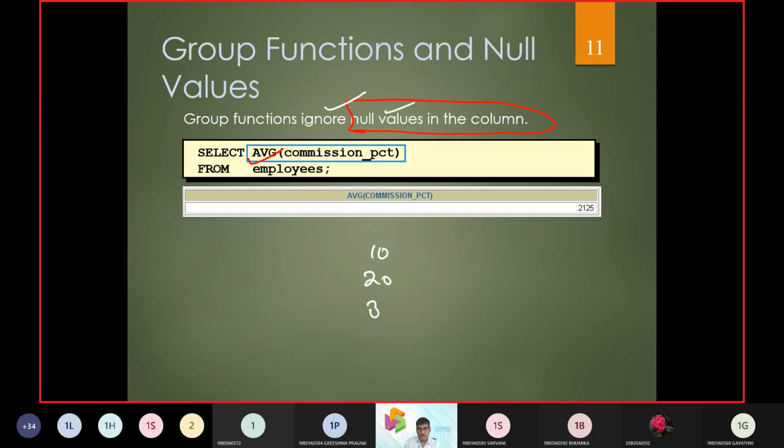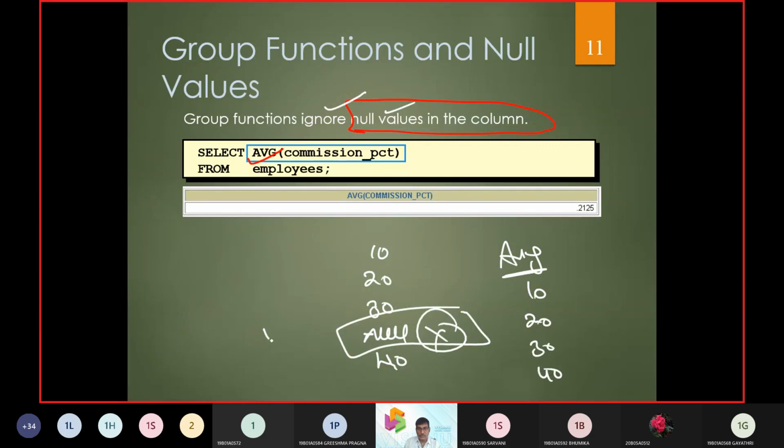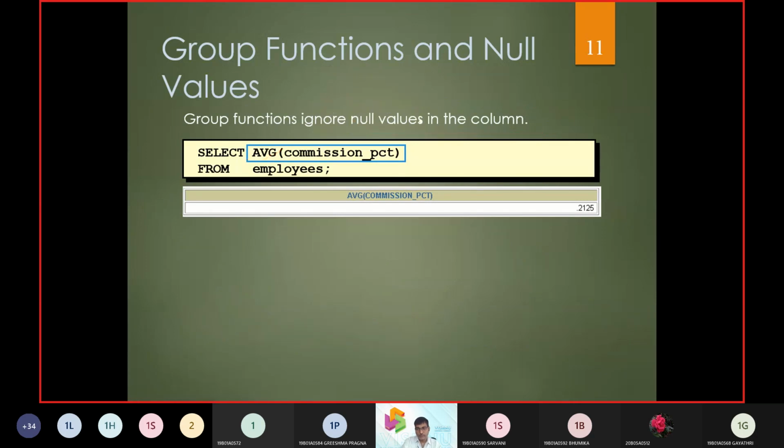So with 10, 20, 30, null and 40, if I use average, it takes 10, 20, 30 and 40, ignoring the null value. You would expect it to divide by 5, but average is going to divide by 4 only. So group by functions ignore the null values.